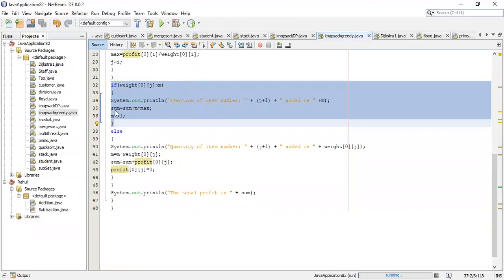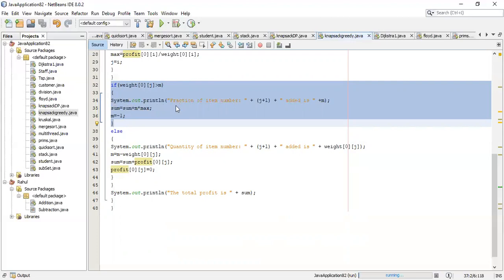And the sum here is nothing but the total profit. Observe carefully, the sum variable here holds the total profit. So sum is equal to sum plus m into max, where m is the bag capacity and max is the profit divided by weight ratio.